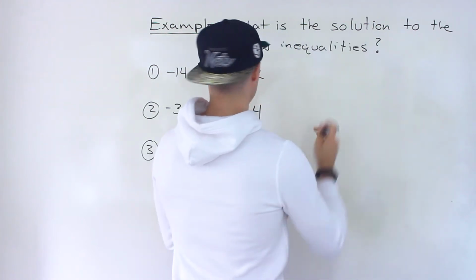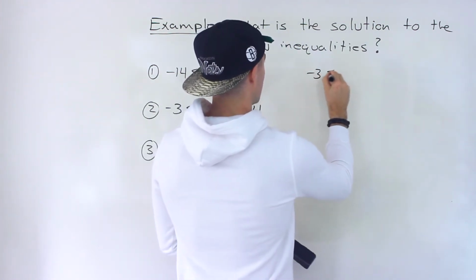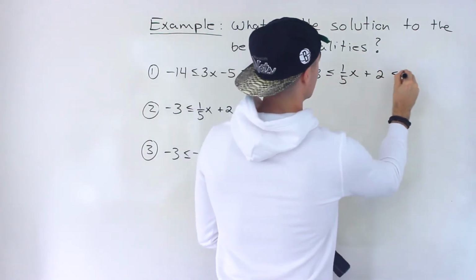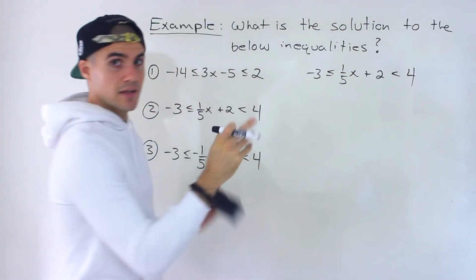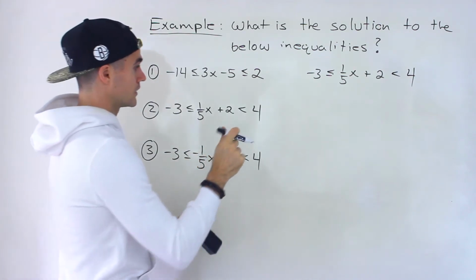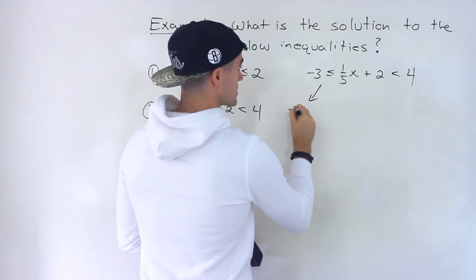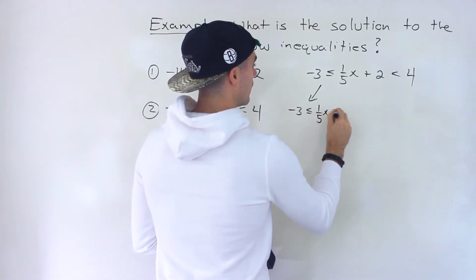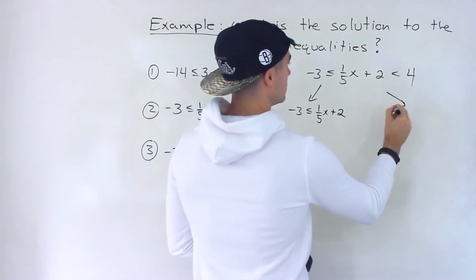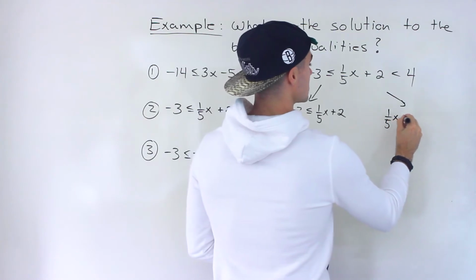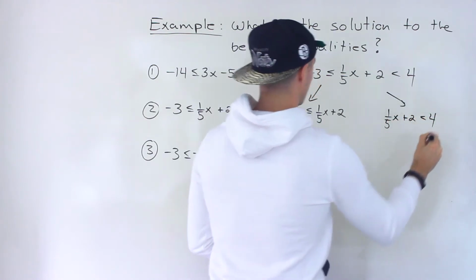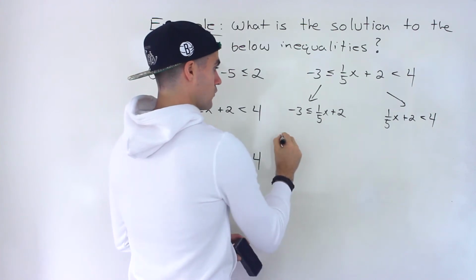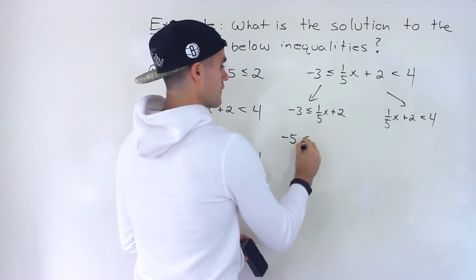We got this. So what I'm going to do is split up that inequality into 2 separate ones, work with them separately. And then this one would be 1 over 5x plus 2 is less than 4. So over here, bring the 2 over, so negative 5,